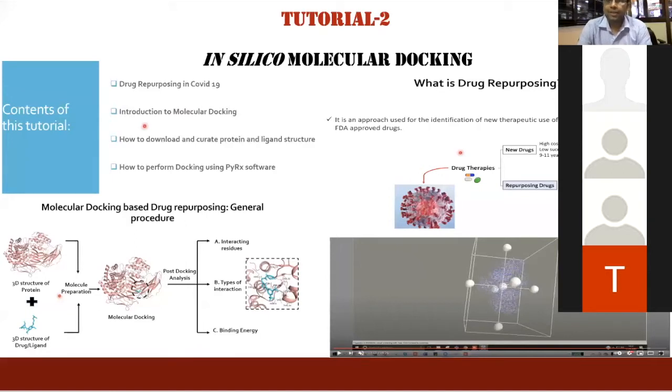So the last session primarily gave you some idea of how you can get a gene sequence, how you can do multiple genes and their sequence alignment, multiple sequence alignment, and how you can find out which are the unique regions. If you want to utilize a molecular diagnostic based approach like PCR or real-time PCR, you need to design the primers, and what are the criteria and considerations to design good primers.